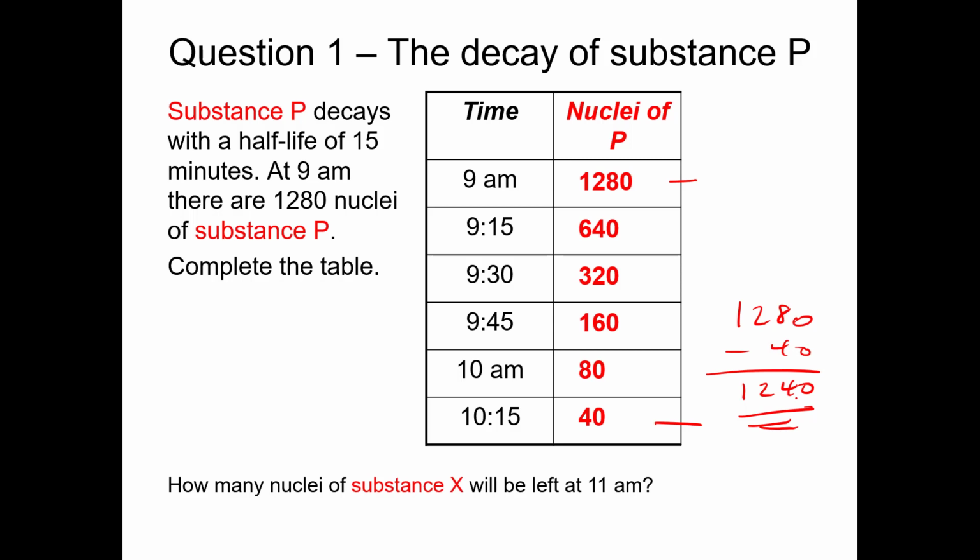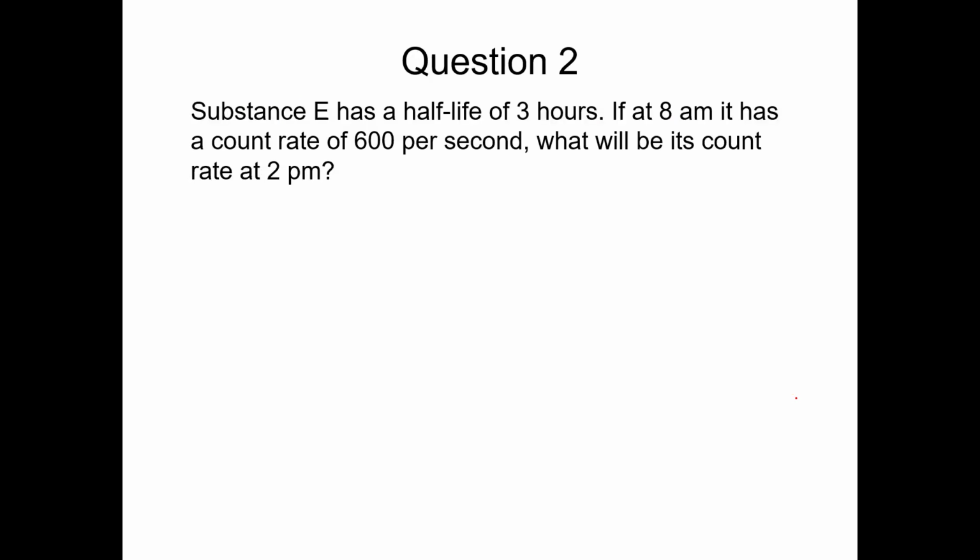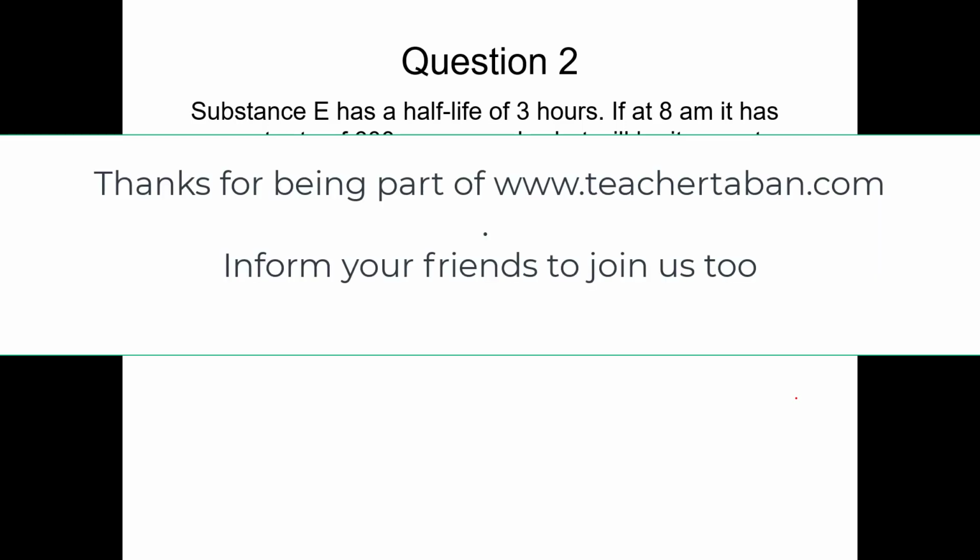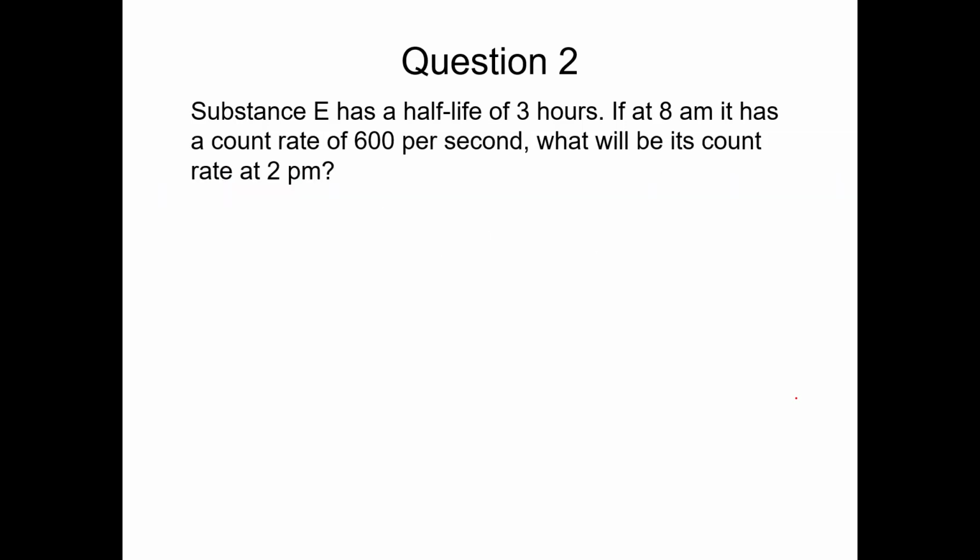All right, so you've got the answer as 5. That is very good. Another question, number 2, says that a substance E has a half-life of 3 hours. If at 8 a.m. it has a count rate of 600 per second, what will be its count rate at 2 p.m.? So I've been given the starting time, which is 8 a.m., and the ending time, which is 2